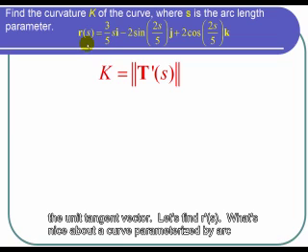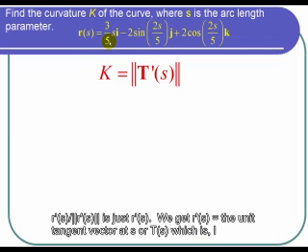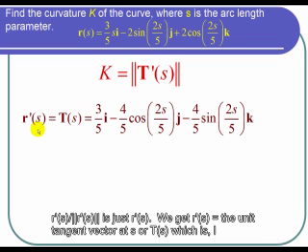So let's find r prime of s. What's nice about a curve parameterized by arc length is that the magnitude of r prime of s is always equal to 1. So that means that T of s, which is r prime over its magnitude, is just r prime. So we get r prime of s is equal to the unit tangent vector at s, T of s,